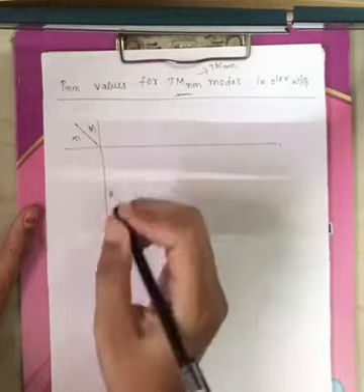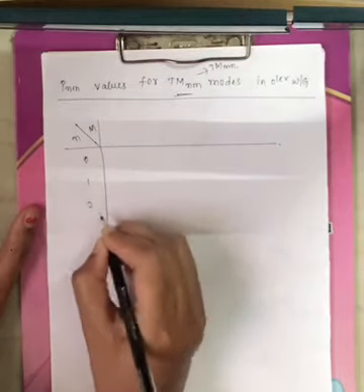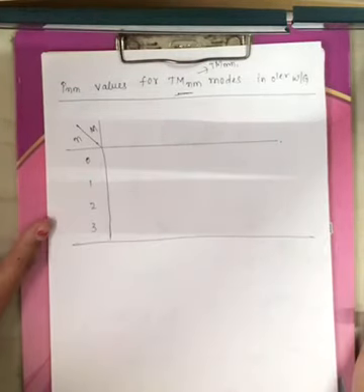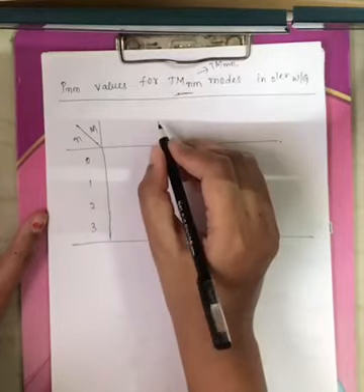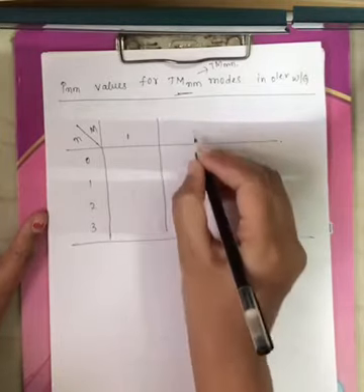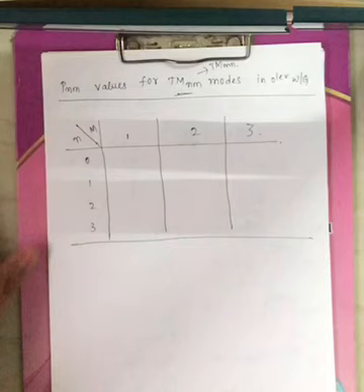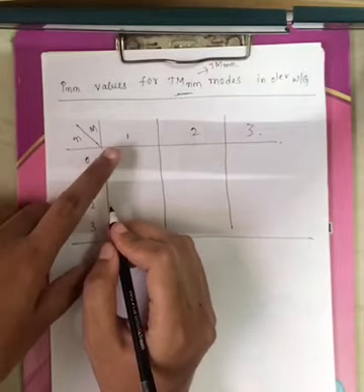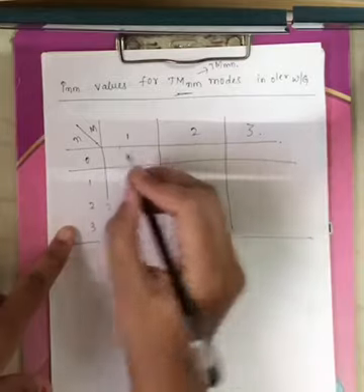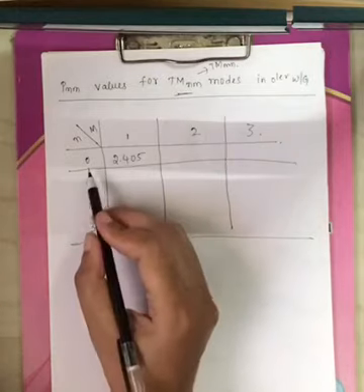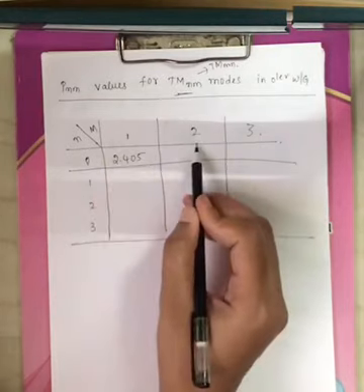Now n is varying from 0, 1, 2, 3 and so on up to infinity, but up to 3 values only I am writing, right? Up to 3 values only you have to remember, because these are very important. Now m is varying from 1, 2 and 3. If you see this table, when n equals 0 and m equals 1, the root value is 2.405. Now when n equals 0 and m equals 2, right?